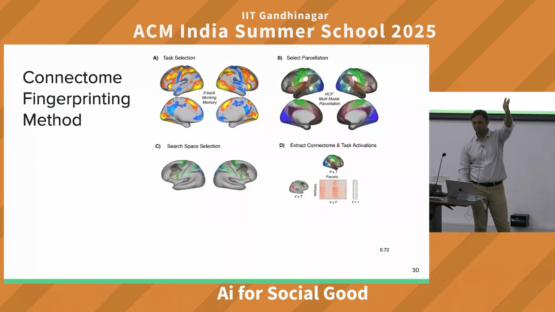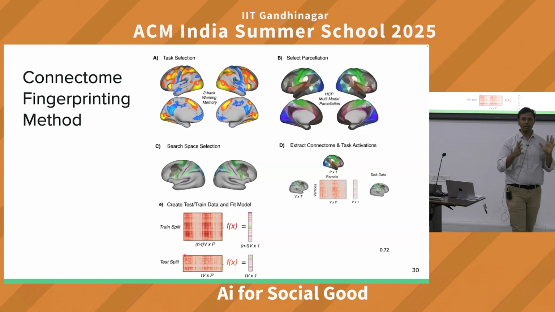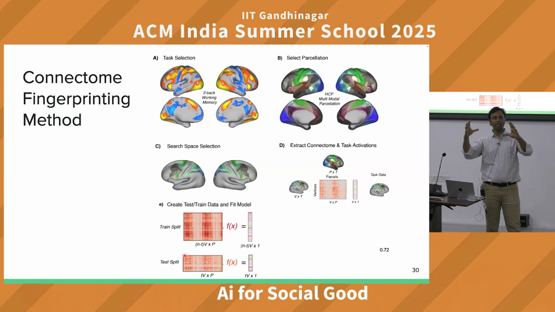लेट्स से जैसे आपने 2 बैक वर्किंग मेमोरी करी, तो इस रीजन में आई लुक एट दिस 2 बैक वर्किंग मेमोरी का एक्टिविटी एंड कोरिलेटेड विद दिस पर्टिकुलर मैट्रिक्स, एंड देन आई फिट अ मॉडल and I predict. So this is how I fit a model. I take this data, split into training and testing set. मैं 10 सब्जेक्ट रखता हूँ ट्रेनिंग में, 1 सब्जेक्ट रखता हूँ टेस्टिंग में. और I can do if I have lots of data. मैंने 100 सब्जेक्ट रखे ट्रेनिंग में, 10 सब्जेक्ट रख लिए टेस्टिंग में. You can do 80-20 split, howsoever it's convenient for you.